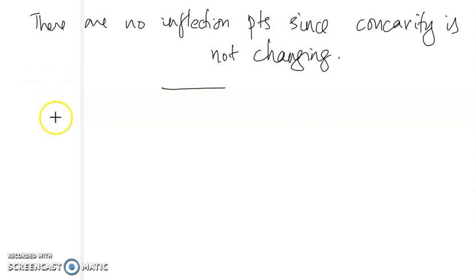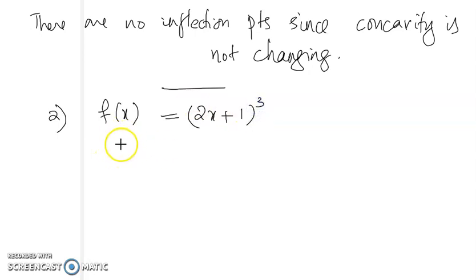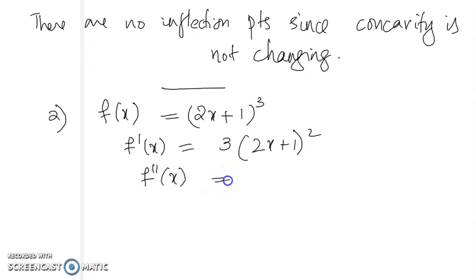Okay, so now let us take another function. Let f of x equal to 2x plus 1 whole cube. We need to check again where the function is increasing, decreasing, concave up and concave down. First find f dash of x. f dash of x is 3 into 2x plus 1 whole square. f double dash of x is 6 into, okay, here 3 into 2x plus 1 whole square into 2